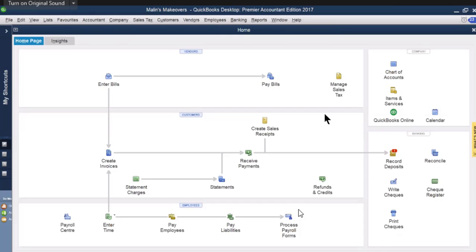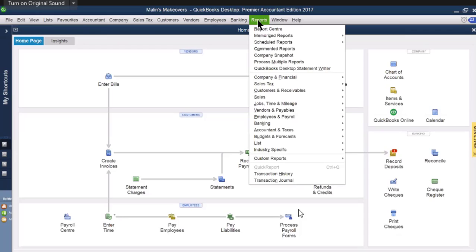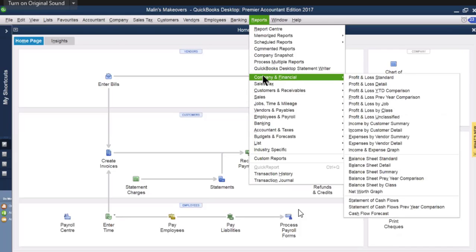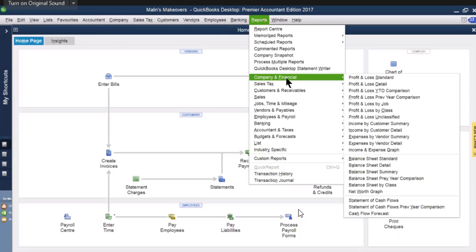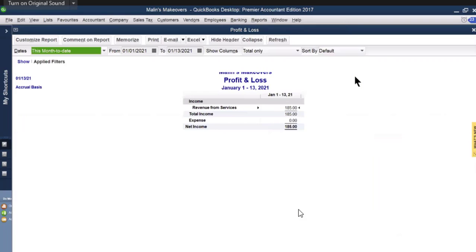If you want to print the financial statement, you have to go to reports and company financial. When you go to company financial, you have many formats of profit and loss and the balance sheet. Go to profit and loss standard and give the date